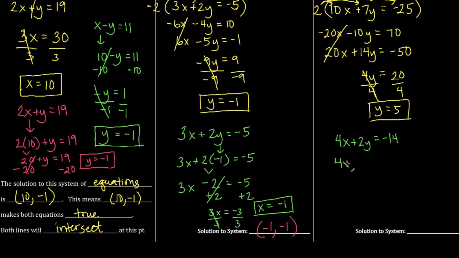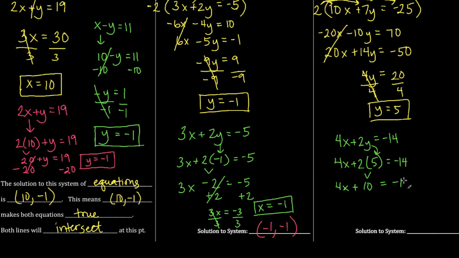So 4x plus 2 times 5 will equal -14. So that went there. And 2 times 5 is 10. So I get 4x plus 10